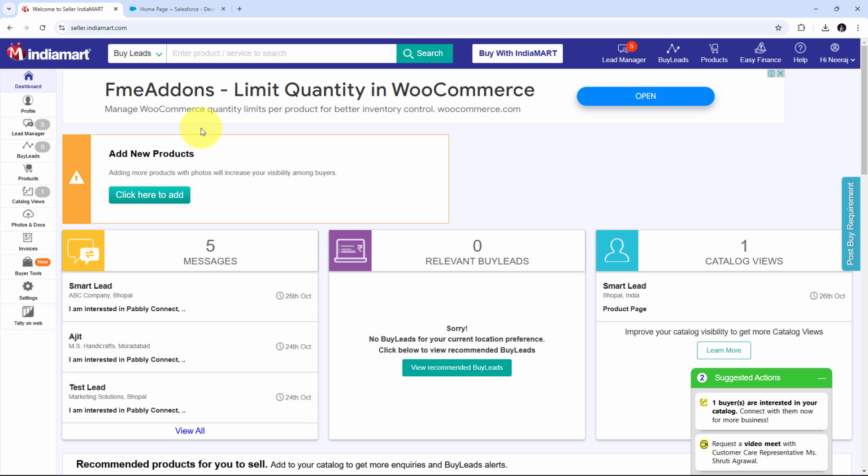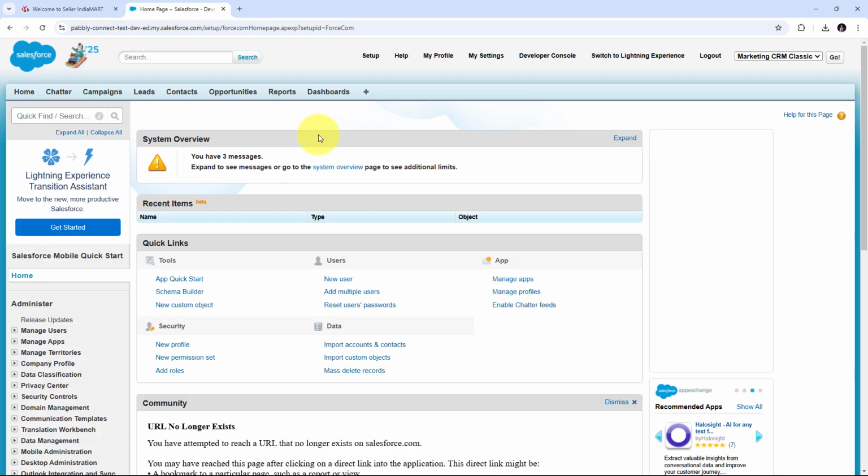effective lead management. So here I want to automatically add all the leads or inquiries that I receive through IndiaMART for my home textile and furnishing business to my Salesforce account. This will keep my leads organized and I can keep track of all the leads that I receive through IndiaMART, and I'm going to do this automatically just by setting up this automation between IndiaMART